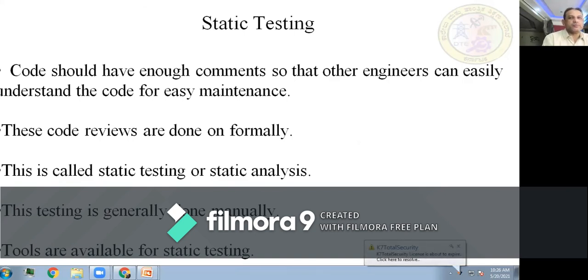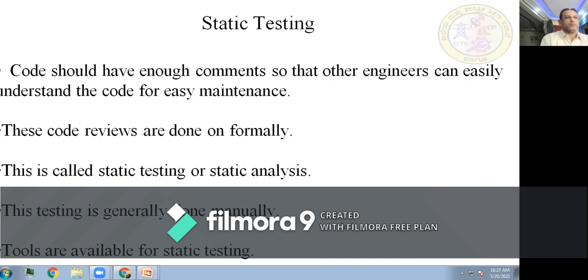These code reviews are done formally. This is called static testing or static analysis. Formally means officially: you assign some person to check the particular code, and he checks and submits the report. Informally means it is not official.